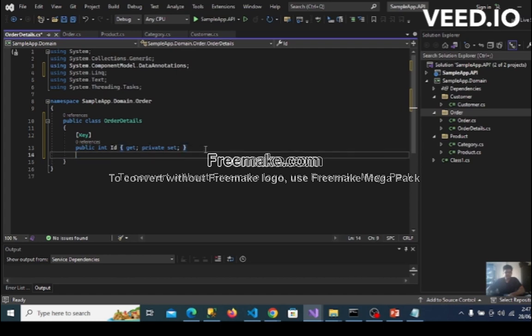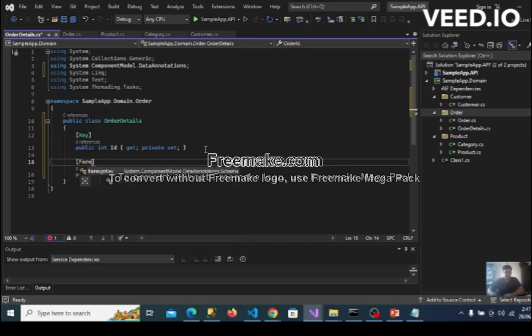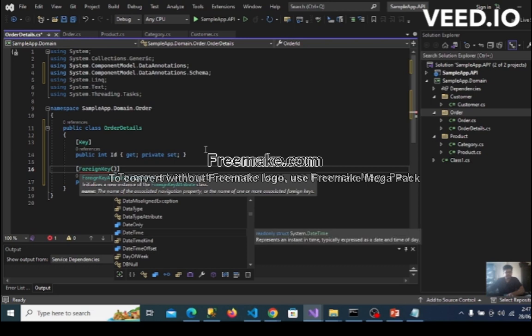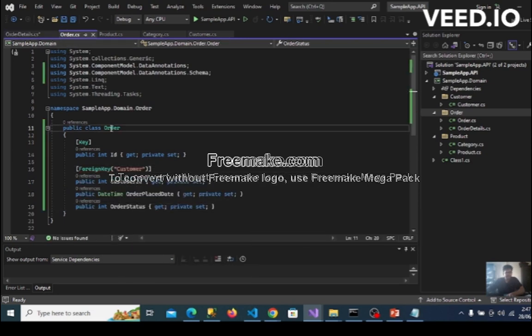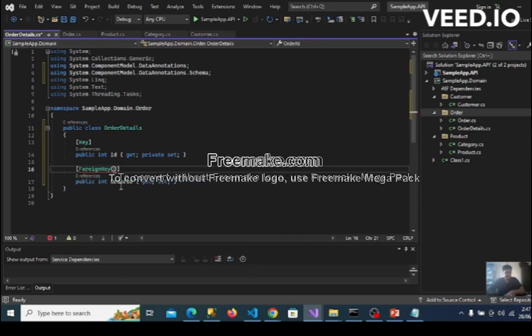Okay, now here we are having order id. So since we are having multiple order details, let me add the order id property in the order details. Okay, so here I'm going to add the foreign key. Foreign key order id,